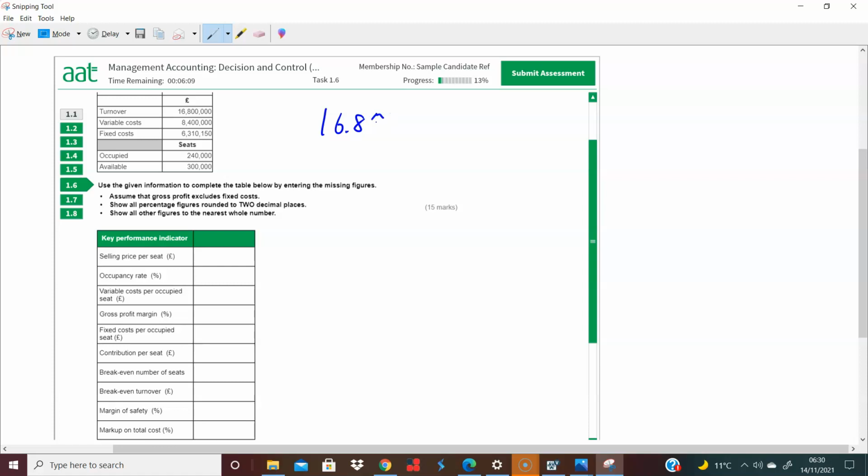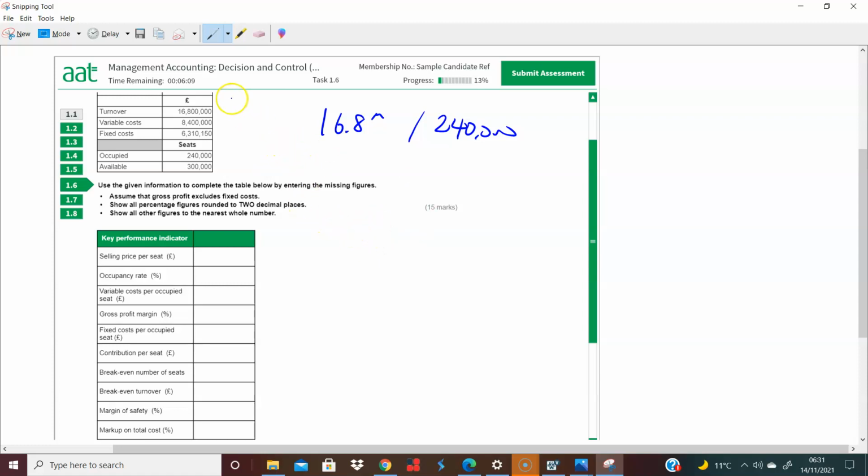Yeah, 16.8 million, and you sold 240,000 seats, right? And that's the first point. You're only selling because that's what came in. What came in is based on the seats that were actually occupied. I think that's the first thing to be clear about, just to make sure you don't slip up